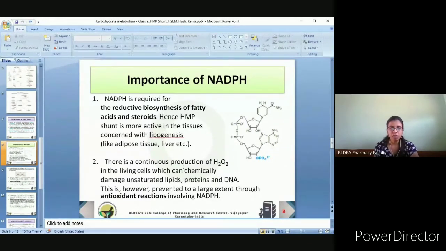Now, second importance of this NADPH is it will help in reduction of this hydrogen peroxide. Now, these H2O2 molecules are rapidly being synthesized in the body. Okay, because of reduction of these oxygen molecules. Whenever oxygen molecules undergo reduction, they will lead either to water or they may also get converted into reactive species like hydrogen peroxide. Now, this hydrogen peroxide undergoes again splitting into formation of hydroxide free radicals, oxygen free radicals, depending on the splitting patterns.